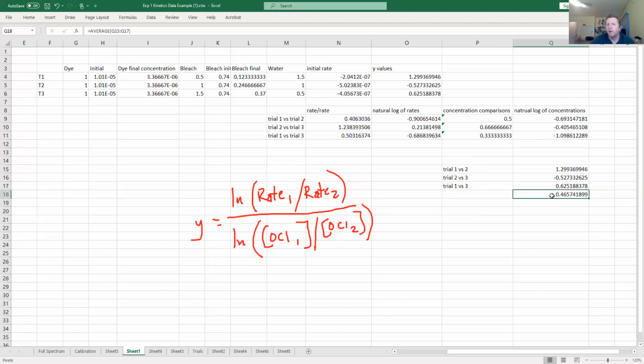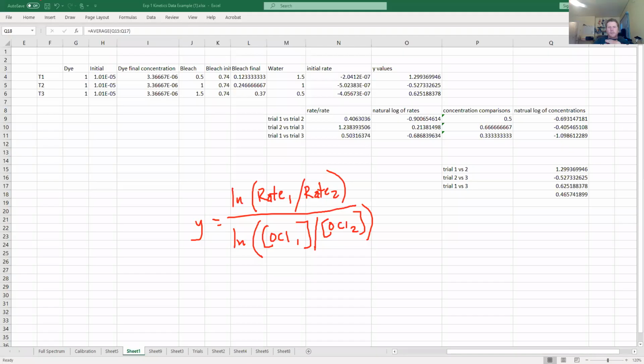Okay, so my y value is 0.465741899. Now, looking at our data, one thing that stands out to me is our y value for a comparison of trials 2 and 3 is negative. I wouldn't really expect that, but I think that probably is something that you could change based on the data points that you select and how linear those 2 individual graphs are. So that's something to keep in mind whenever you're actually